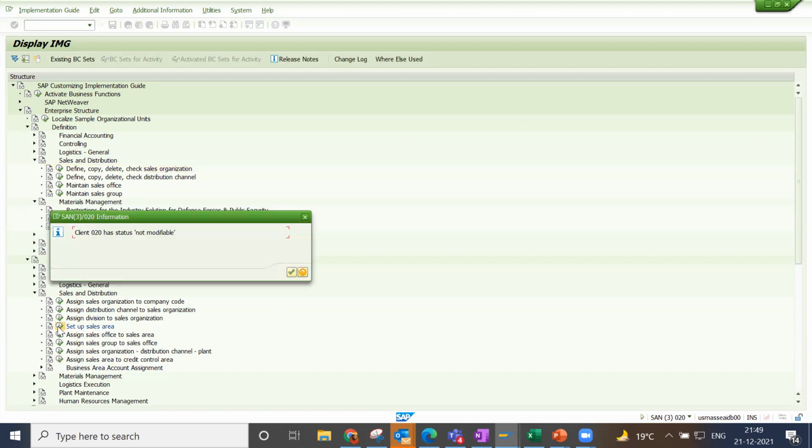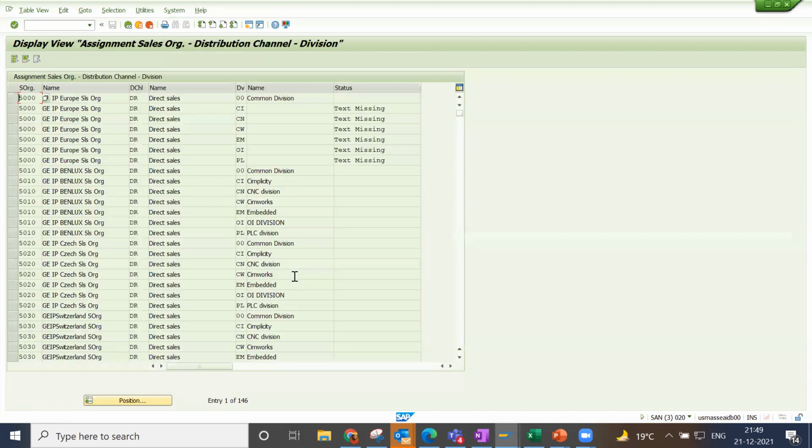The setup, as I was mentioning in my first slide: whenever we create a sale order, the material should be extended to the same customer sales area. See here, the sales area means 5,000, that is the sales organization, distribution channel, and division. It should be similar for the material master. If there is any change in this data, the system will not allow us to create the sale order.